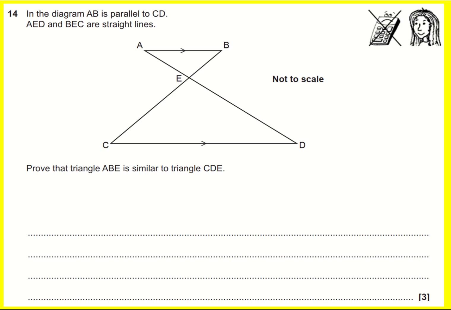To prove that two triangles are similar, there are two main ways. You can either show that there's a constant scale factor that's being multiplied to go from one shape to the other. That's not going to help here because there are no sides labeled at all. Or you can show that the angles are the same, because when you enlarge something, the angles don't change. So if we can show that the top triangle and the bottom triangle have the same angles, then